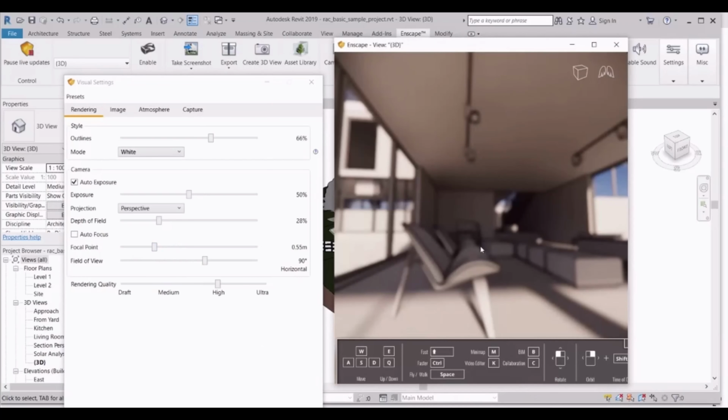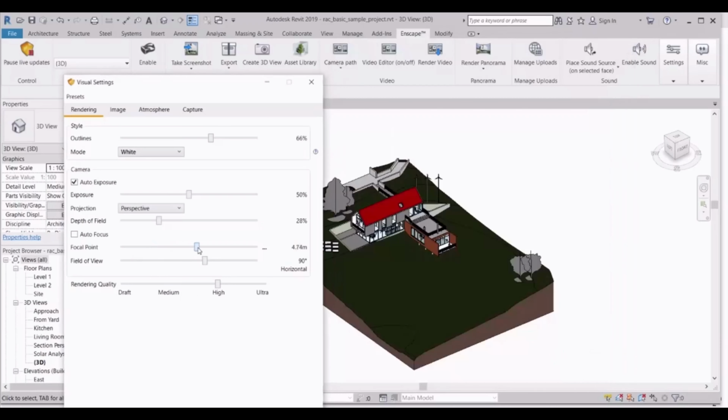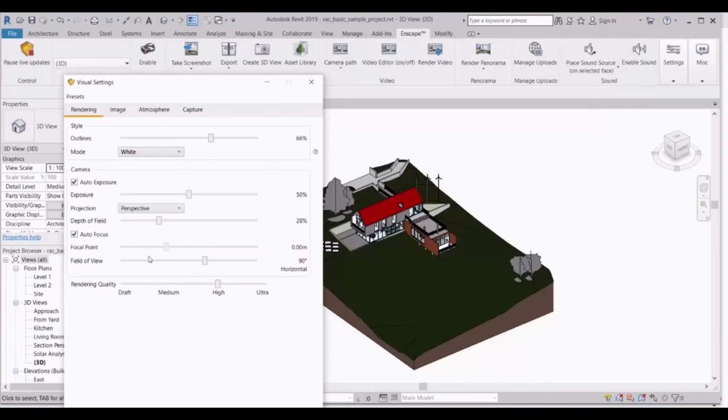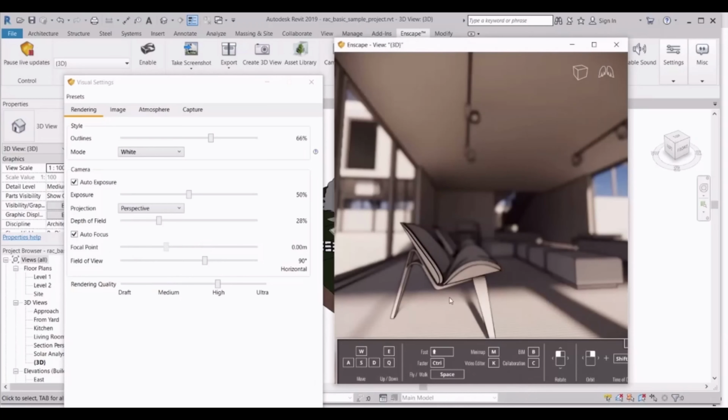If you increase it, the blurriness will be the opposite. With autofocus, what is nearby will be in focus. If you increase the focal point, then what is far will be in focus.